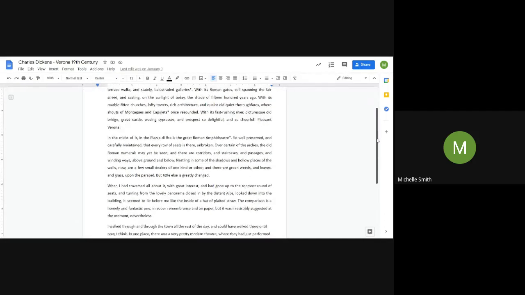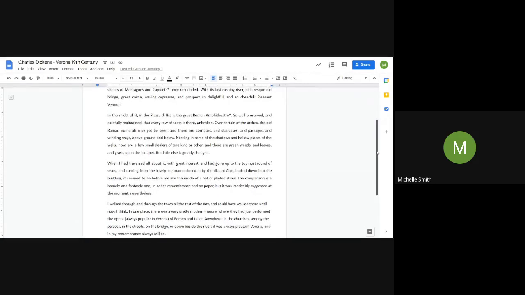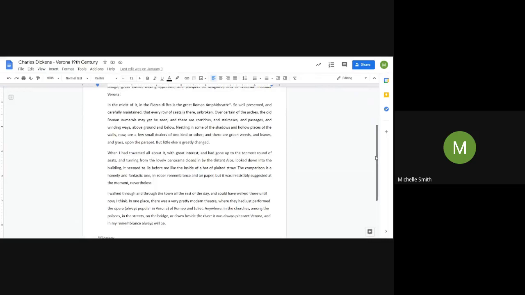In the midst of it, in the Piazza di Bra, is the great Roman amphitheatre, so well preserved and carefully maintained that every row of seats is there, unbroken. Over certain of the arches, the old Roman numerals may yet be seen, and there are corridors and staircases and passages and winding ways above ground and below. Nesting in some of the shadows and hollow places of the walls now are a few small dealers of one kind or other, and there are green weeds and leaves and grass upon the parapet, but little else is greatly changed. When I had traversed all about it with great interest and had gone up to the topmost round of